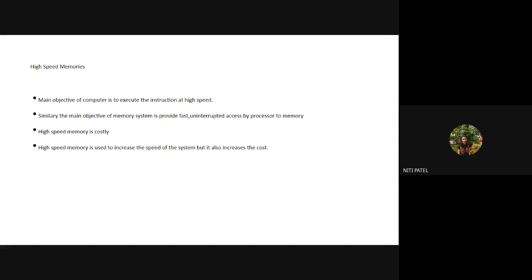You give the same program with the same size to both systems, and the time taken by both will be different. Your 3 gigahertz processor will always give you output much faster, in much less time, as compared to your 2.5 or 2 gigahertz. Why? Because the speed at which the other processor is operating is less. So the speed is decided depending upon the processor.